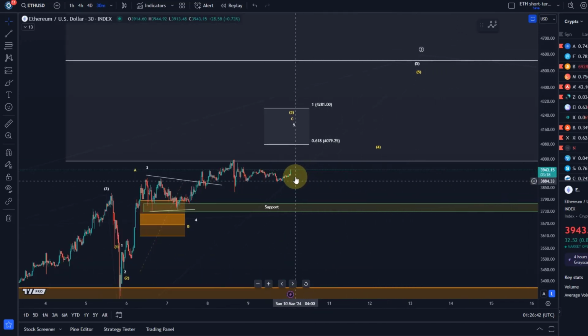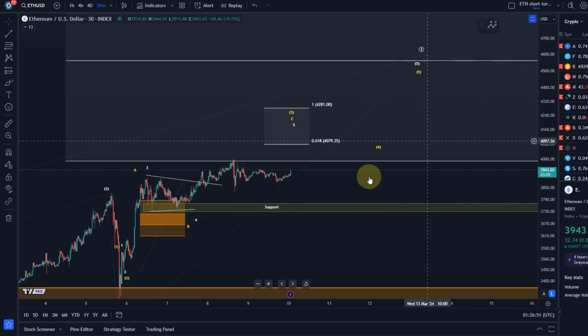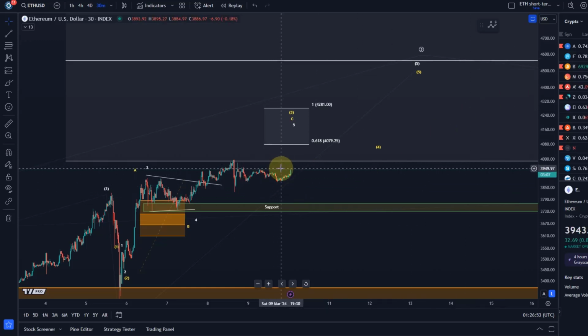This move is less convincing than what Bitcoin is doing right at the moment. Bitcoin tries for another all-time high. Has it done it yet? No, I don't think so. Not yet. And the breakout points from the previous video remain valid. So $4,000 is the level that needs to break to allow us to focus on that area between 4,080 and